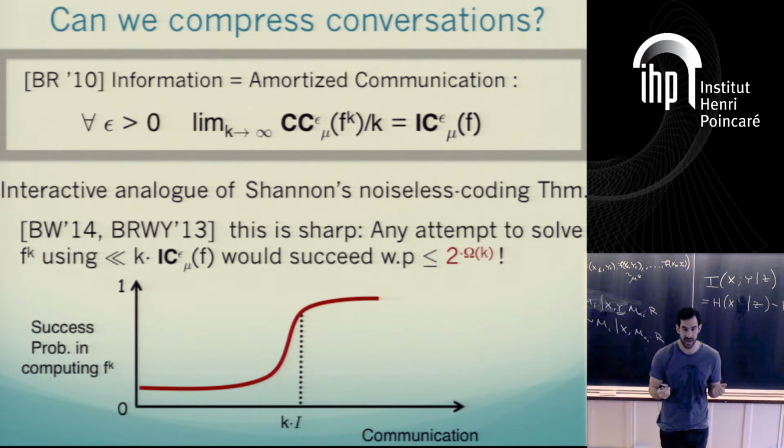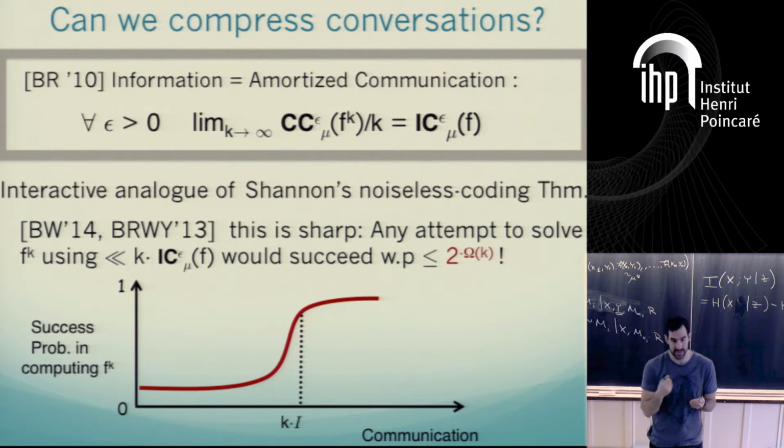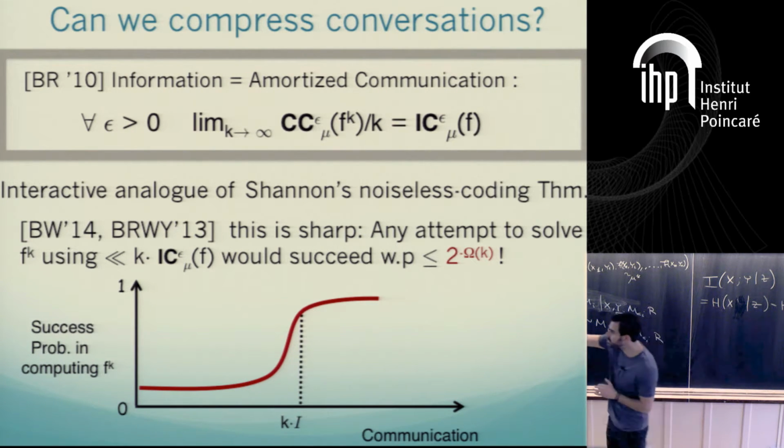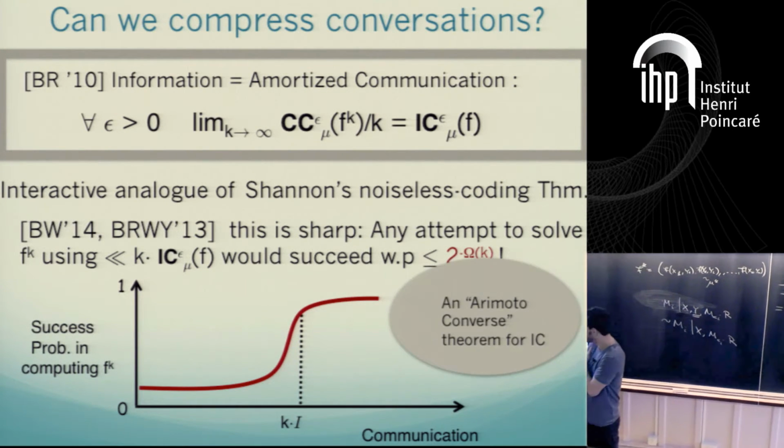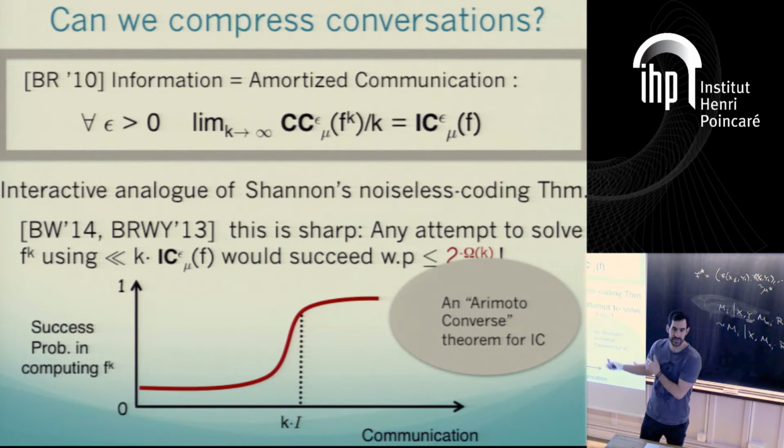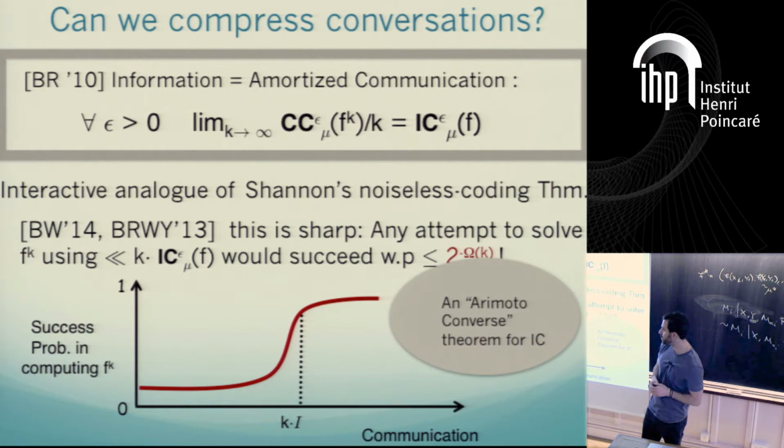And of course, this is tight, right? This matches the communication cost and success of the naive protocol that just applies the per copy optimal protocol sequentially and independently to each copy. Okay, so this is just a side comment. We'll not dive into this type of stronger results, but one way to view this is a sort of parallel repetition theorem for those of you who are familiar with it, or as a so-called Arimoto converse theorem for information